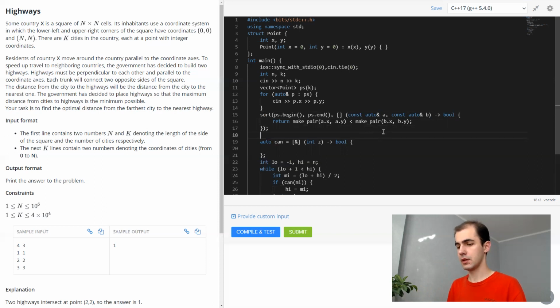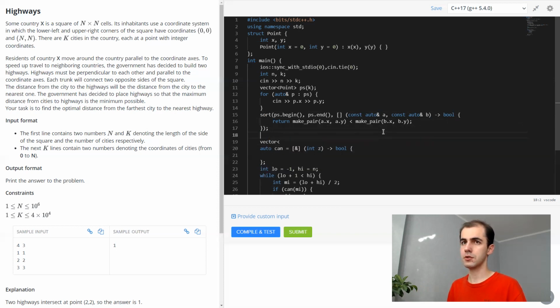Okay, what makes sense is then to compute prefix minimums, prefix maximums, suffix minimums, suffix maximums. And we are going to do just this.